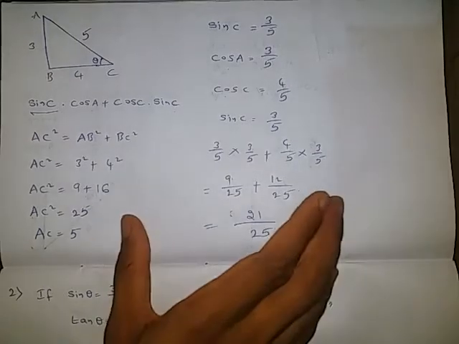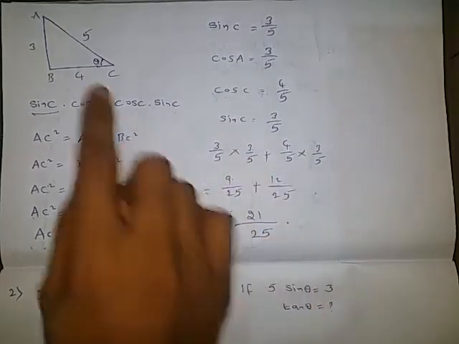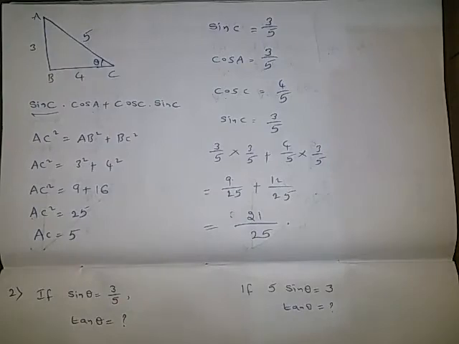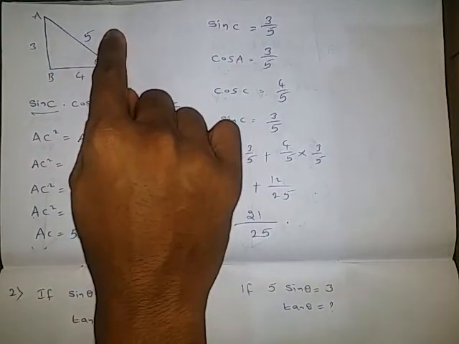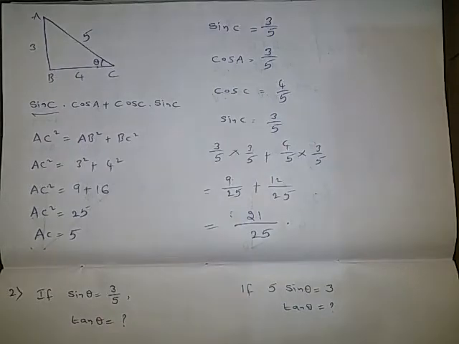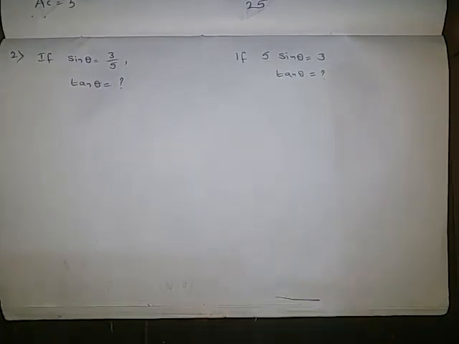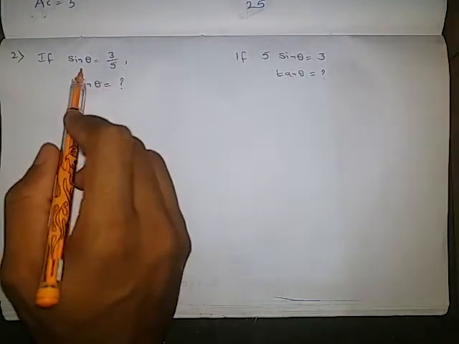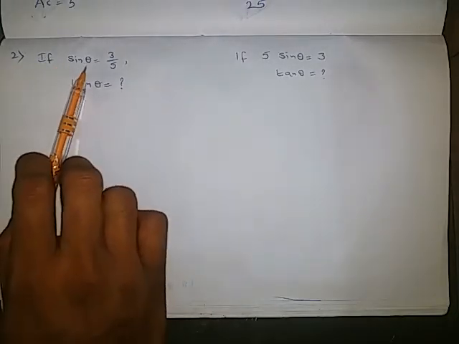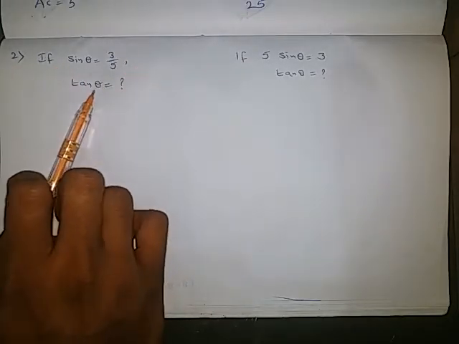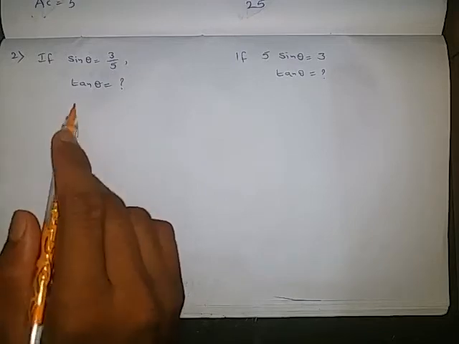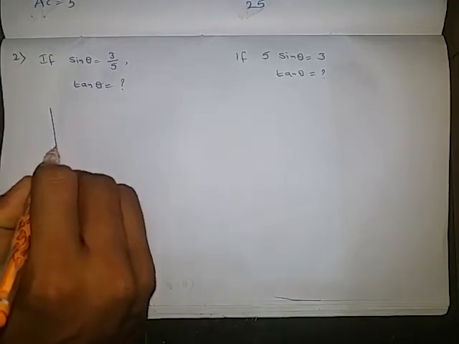Now till now, this is one type of question where the figure will be given. In the figure sometimes all the three measurements will be given, otherwise sometimes only two measurements will be given. Okay, now let's move to the next type of questions. This next type of question is, they will give one trigonometric ratio and they will ask you to find another trigonometric ratio. So let's have a look at the first question. If sin theta is equals to 3 by 5, then what is the value of tan theta? So first let's draw the right angle triangle.